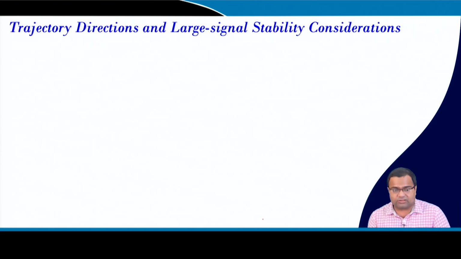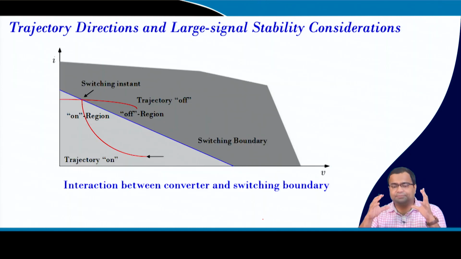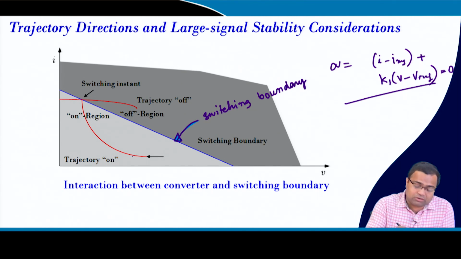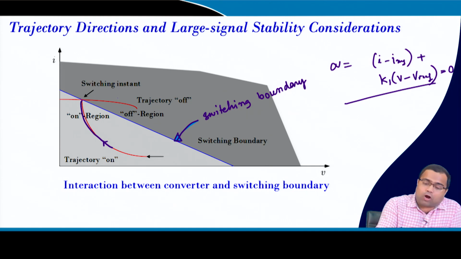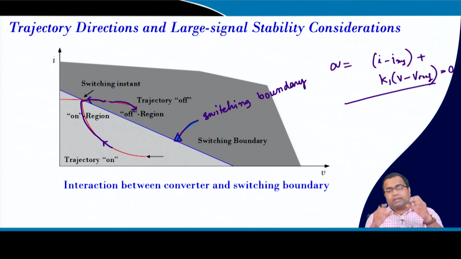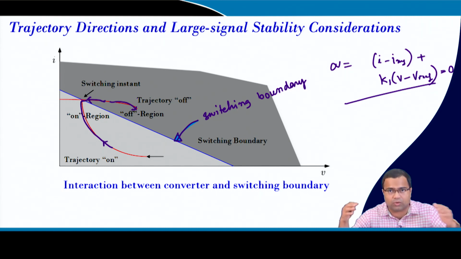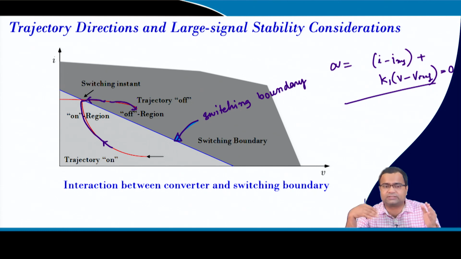So, first we have to consider the trajectory and understand it. Here, if we take the on state dynamics and the on state trajectory moves along this path, then it is going towards the switching boundary. If you take the off state trajectory, is it coming towards it or going away from it? Depending upon that, there can be various conditions: both the on and off trajectories are towards the switching boundary, or one side it is towards and the other side away, or the third possibility, both sides can be away.